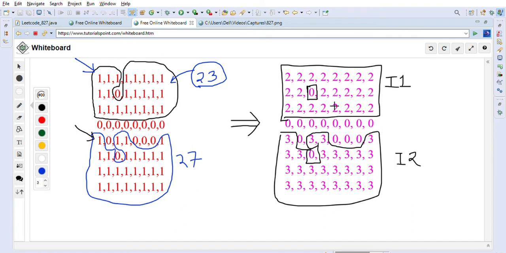I1 and I2, 2 island colors we found, and at the same time we also found the area of each island. So first island area is 23, second island area is 27, correct? So now what we have to do is, after this is done, we will go through this matrix and find any 0, and we will try to convert that 0 into 1 and try to find out